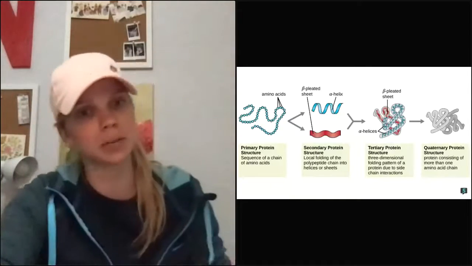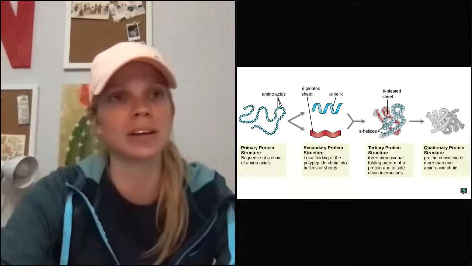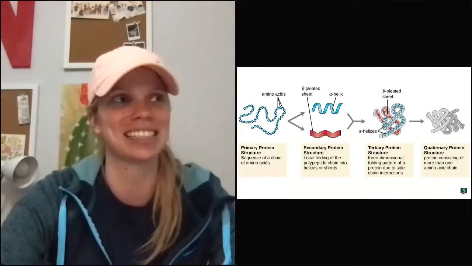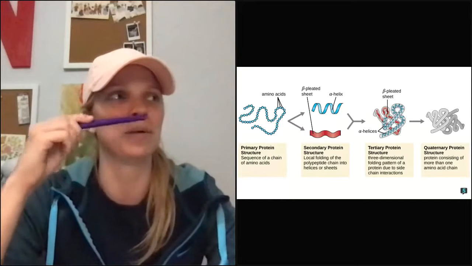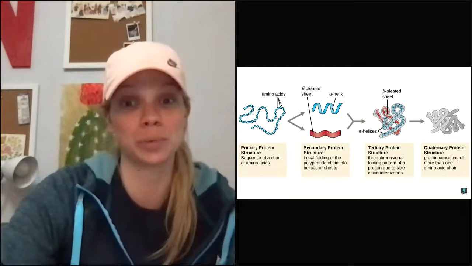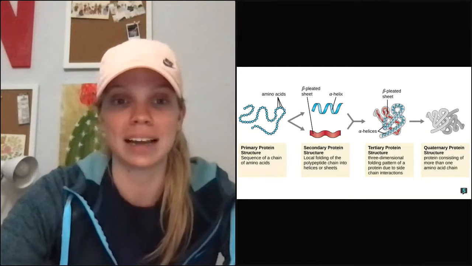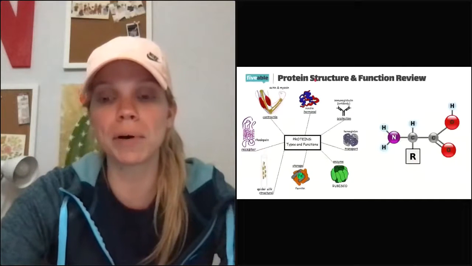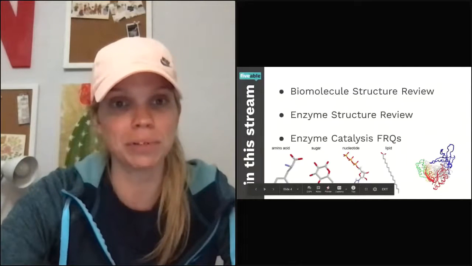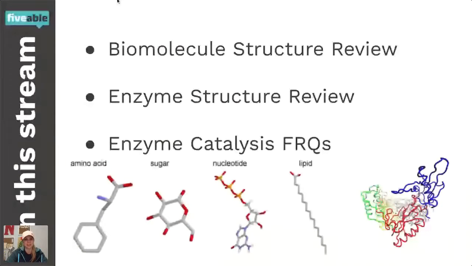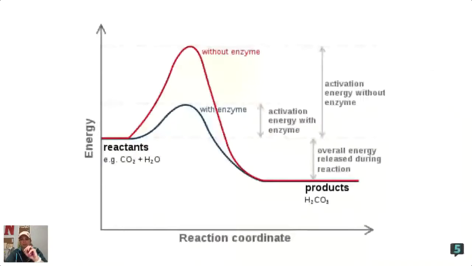If you've ever seen a 3D image of a protein, they never look like Pac-Man. I always see them in lectures as Pac-Man with a pizza slice cut out of his mouth or something. And I'm like, that's not actually what happens. It actually looks like this, this coiled little ball thingy. That is what a protein looks like. Just a bunch of strings all coiled up around each other. So you get it all coiled up. That's tertiary structure.